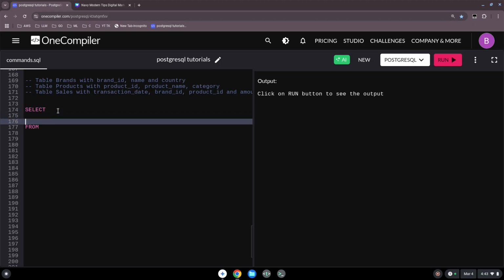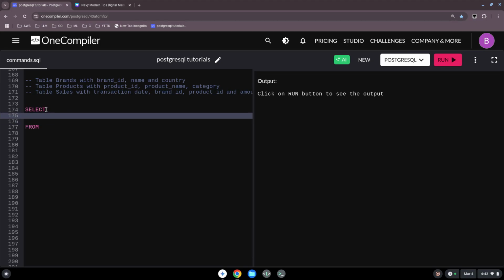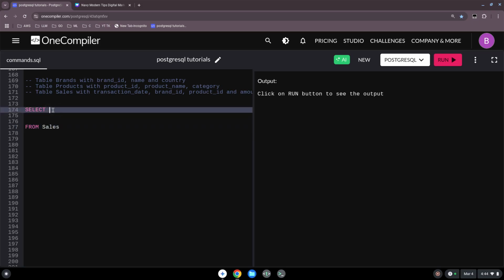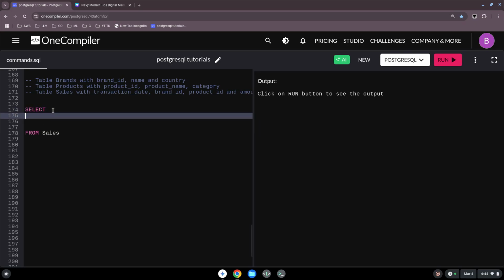As I told you, you can say, okay, I want to see all the columns in my table. First I created some tables here: brands, products and sales. For instance, we want to see our sales table and all the columns. So we go from sales, that's the table, and then the select: when we want to see all columns and all the data, we just take star, and that's it. So we run this command,